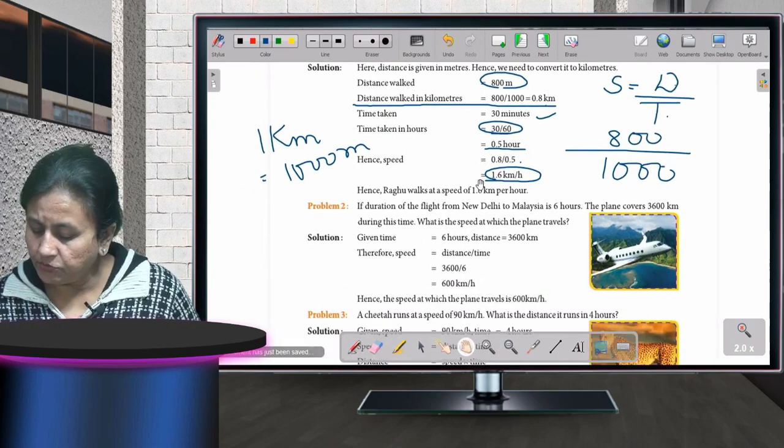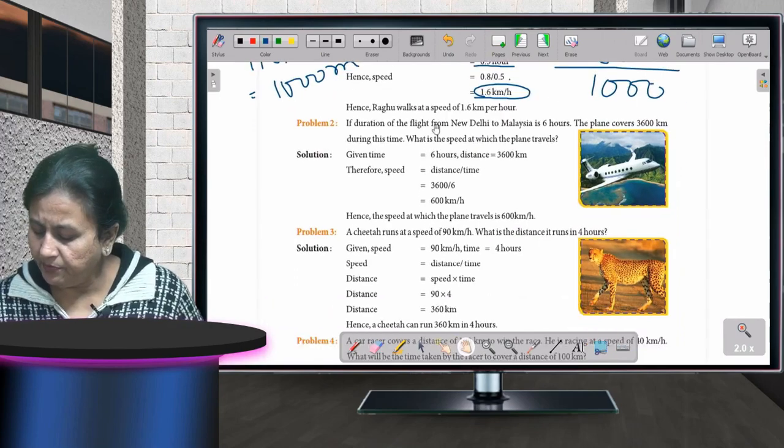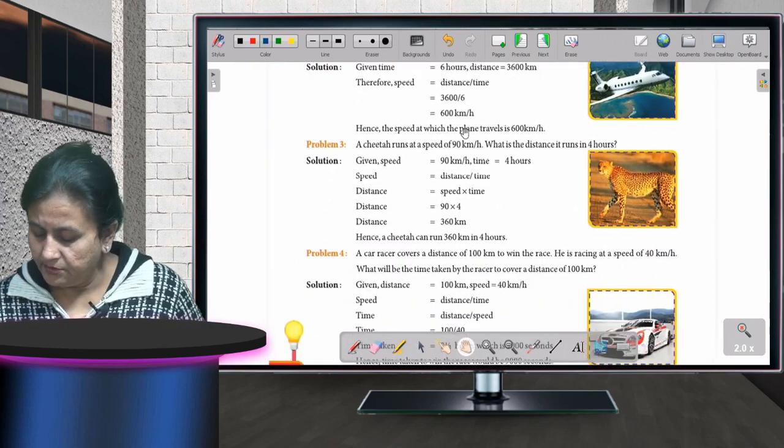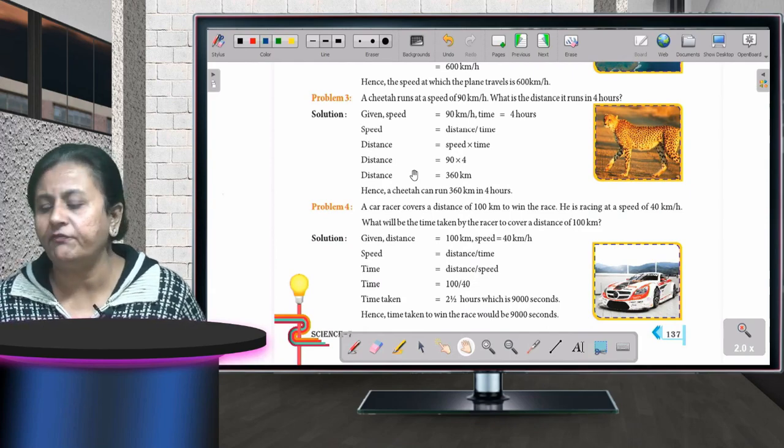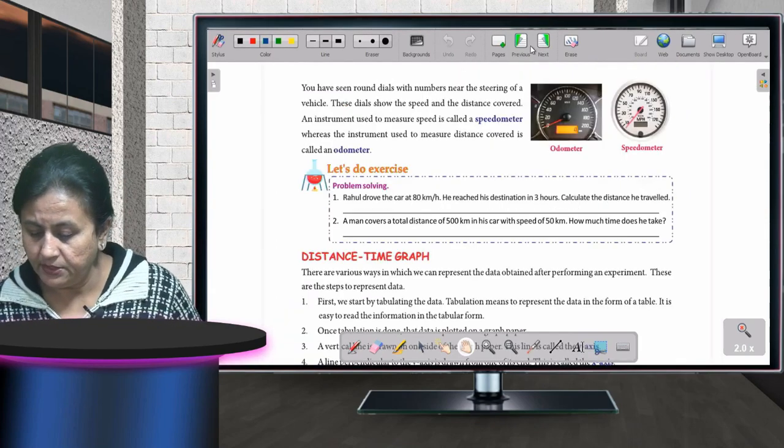You can go all through this. This is very simple. Okay. There's nothing much to explain. If you go through it properly and thoroughly, you won't find any problem. Okay. Now,